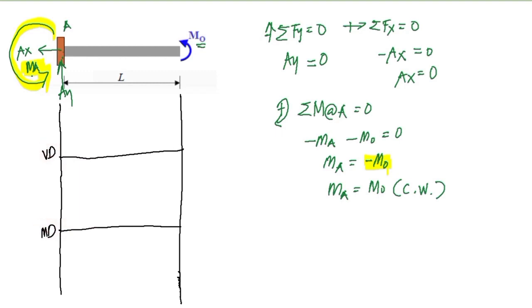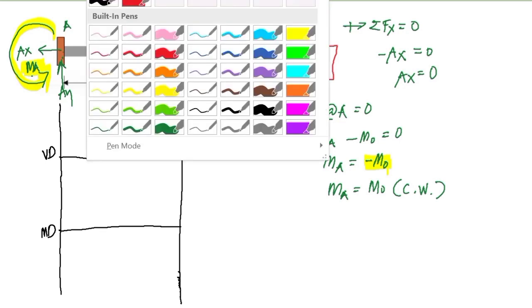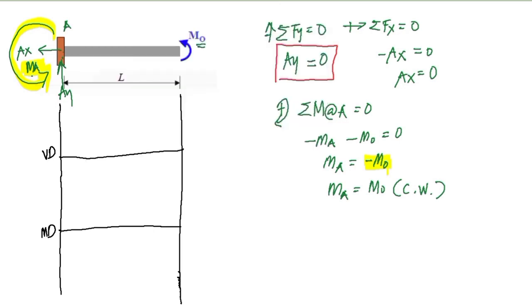Okay. So, anong meron? Kung titingnan natin sa shear diagram, wala tayong shear force because AY is equal to 0. So, meaning, ang magiging diagram mo dito ay dun lang siya sa 0. No? Ito lang. 0 lang lahat. Hanggang makarating sa dulo, 0 lang lahat. Okay? So, for the moment diagram naman, as you can see here,